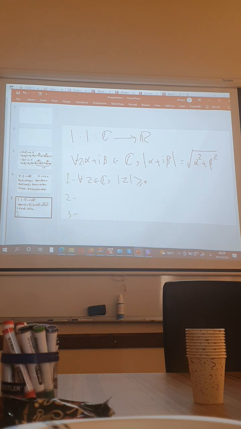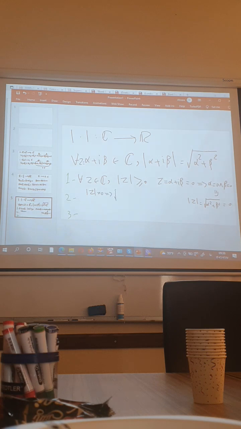And also, z equal to alpha plus i beta equal to 0 if and only if alpha must be equal to 0 and beta must be equal to 0. So the absolute value of z, or this radical of alpha squared plus beta squared, equals 0 if alpha and beta equal 0. Conversely, if this equals 0,